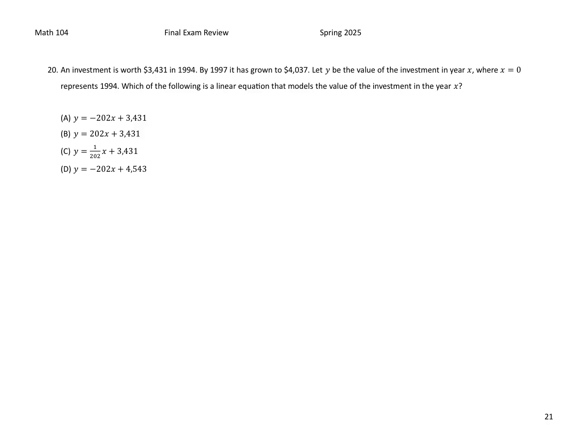Okay, so I have 2 points here. 1994 is year zero, and the investment was worth $3,431. And then my second point is 1997, which would be year three, right? Because 95 would be one, 96, sorry, we start at 94. 95 would be one, 96 would be two, so 97 is three. And it's grown to